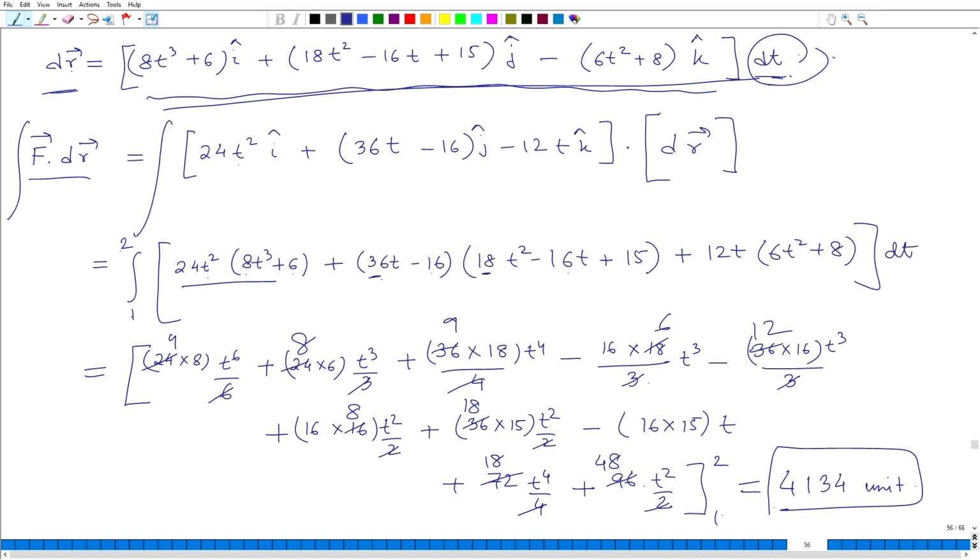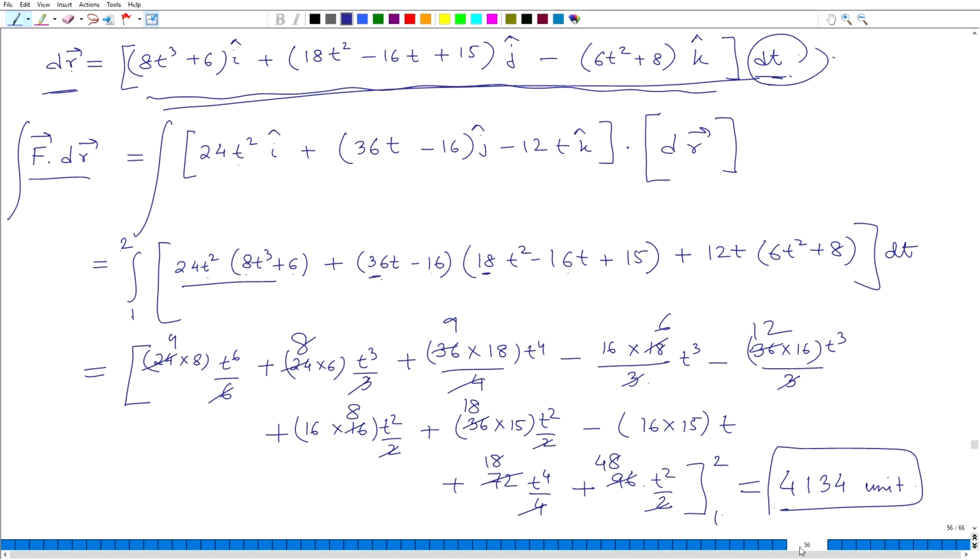That means the work done is really by the system. According to our convention, whenever the work done is positive, the work is done by the system, and whenever the work done is negative, the work is done on the system. You see that was a very simple problem, that we know f as a function of t,